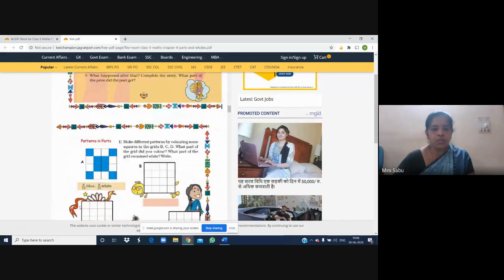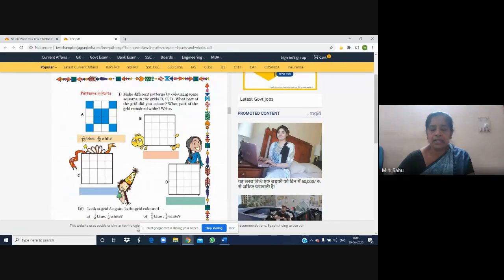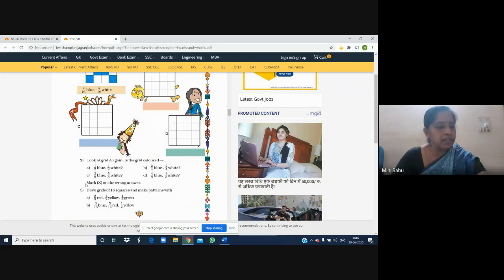Okay, and this page, yesterday in the previous video, I did one activity of coloring the triangles, making patterns. Do you remember it? Okay, at that time I told you a similar activity is in the book. This is that page. Okay, here a little bit of difference is there. It is this.